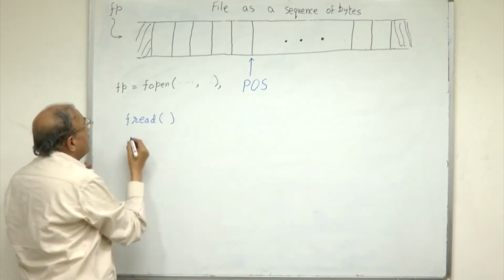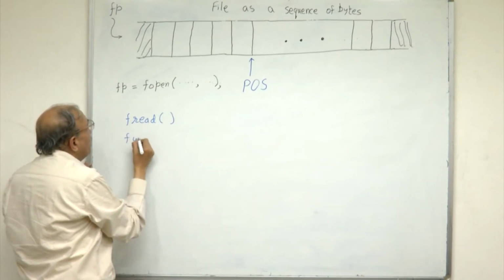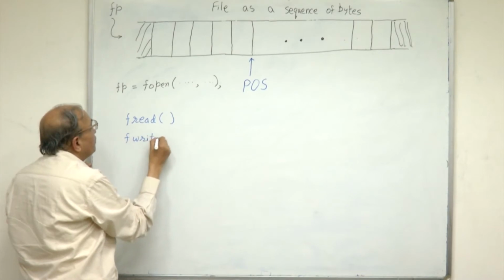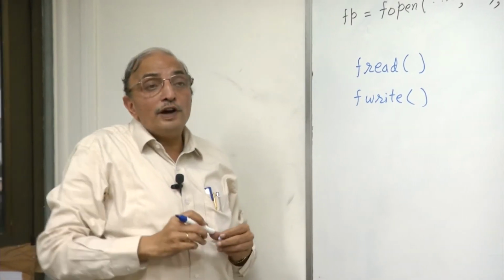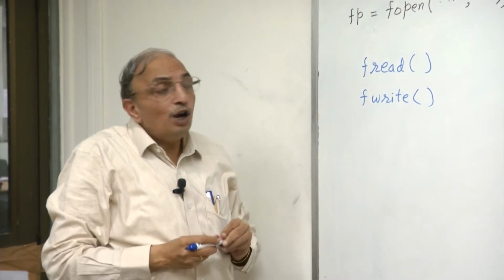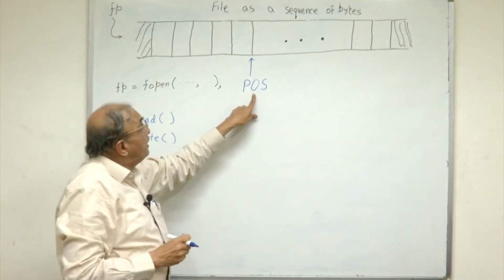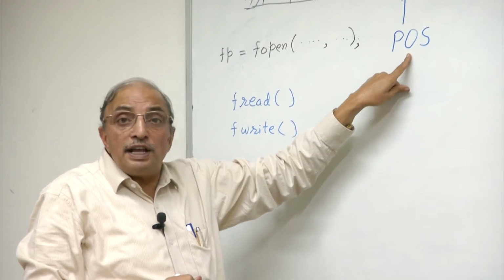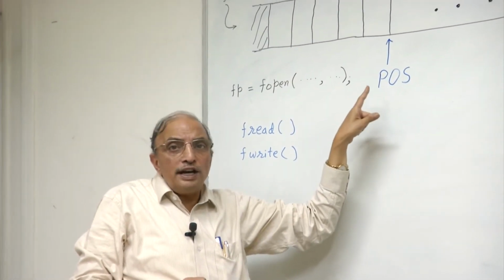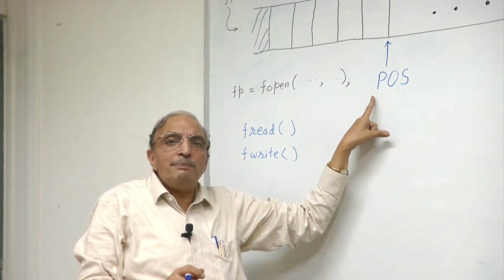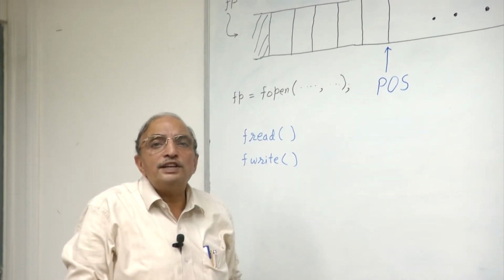If I want to write, I will use a function called fwrite. I have a series of functions which permit me to define the internal position for the file. We will not go into those details now, but we will discuss them in another session